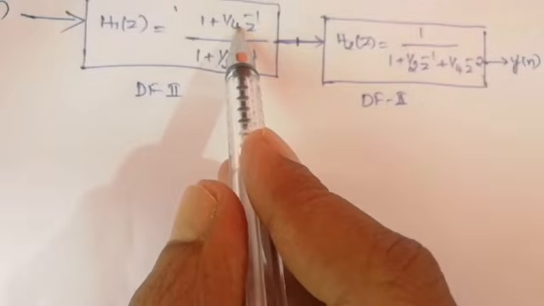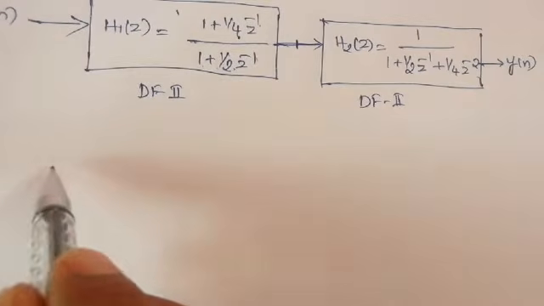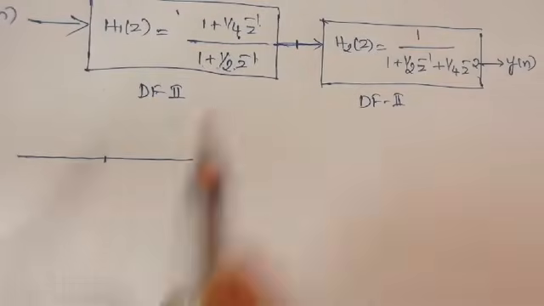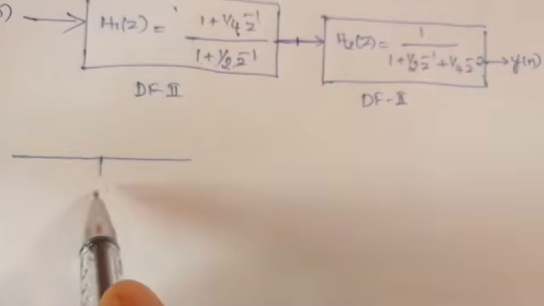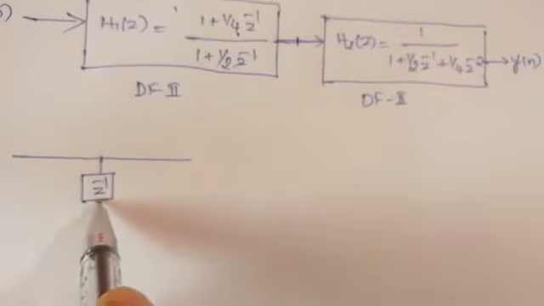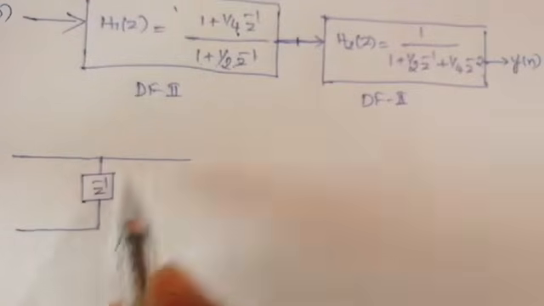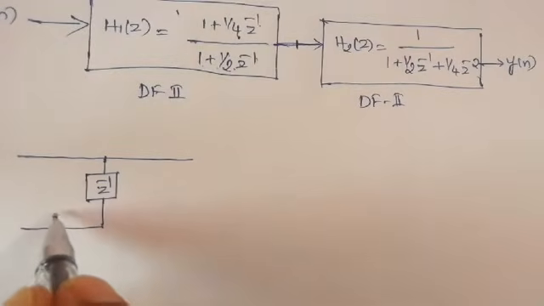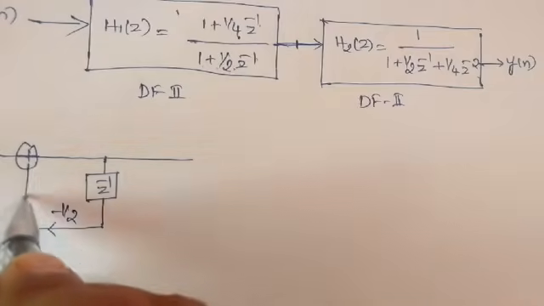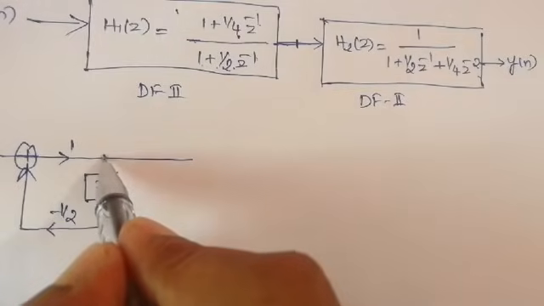Here the numerator term indicates the zero system, and the denominator term indicates the pole system. In direct form 2 realization, we know that first we have to realize the pole system. Pole system means this one time delay, and the coefficient term is what? 1 by 2 is there. As I told, in direct form 2 we have to take the opposite of the sign, so it becomes minus 1 by 2. Add with the previous result, and the coefficient term is 1. This is the intermediate result v of n.